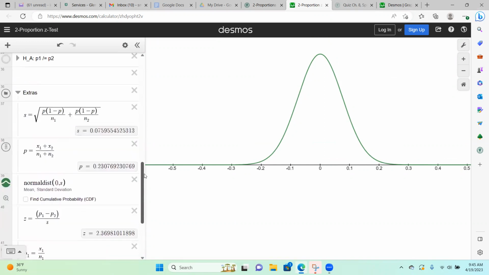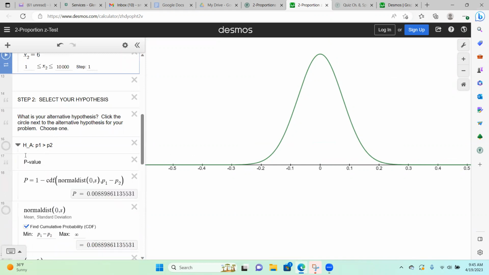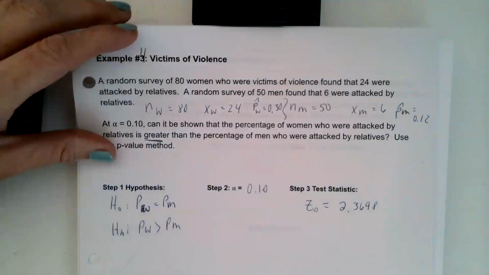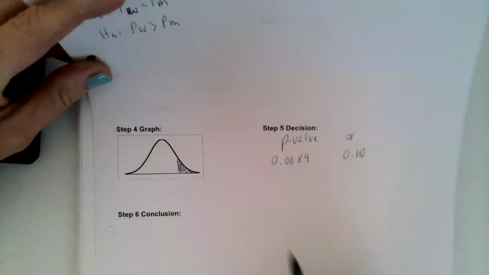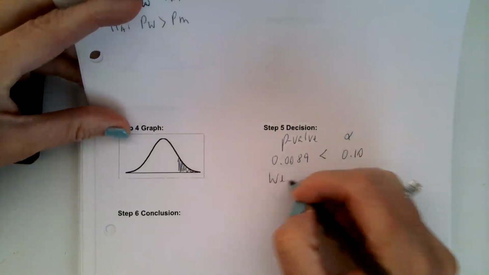So let's go ahead and click on our greater than, because that's what we were looking at. And it looks like our p-value is pretty small again, 0.0089. 0.0089 when we round it appropriately. So let's go ahead and go back to our paper and finish that up. So our p-value is definitely smaller than our alpha, so we do reject